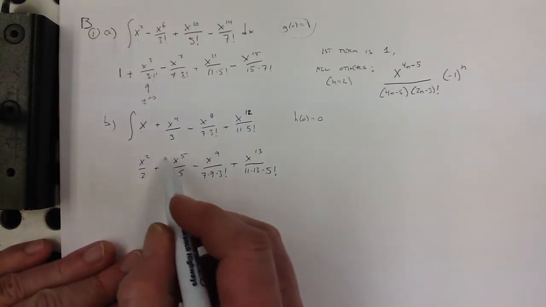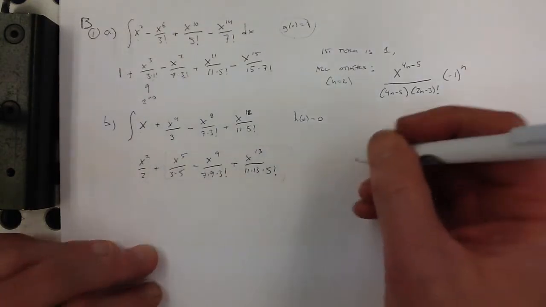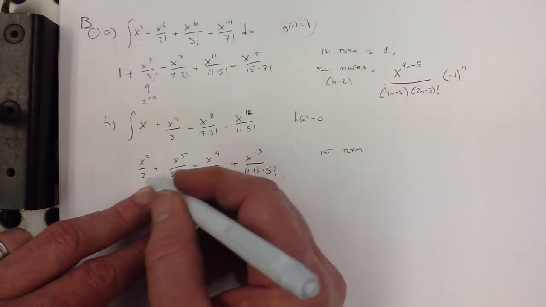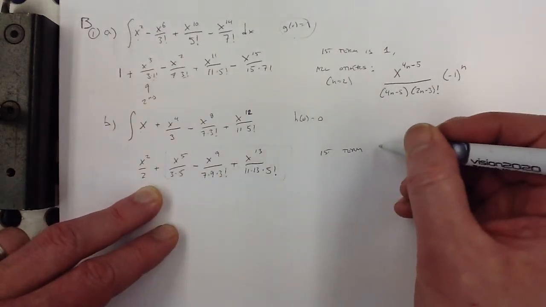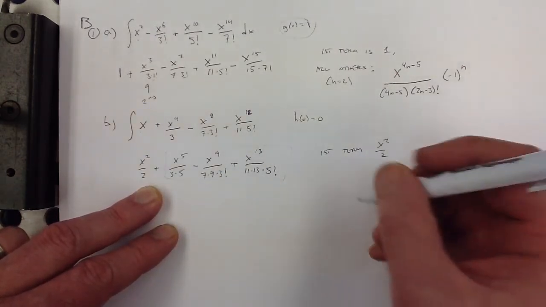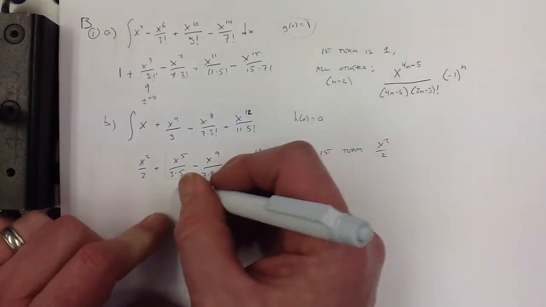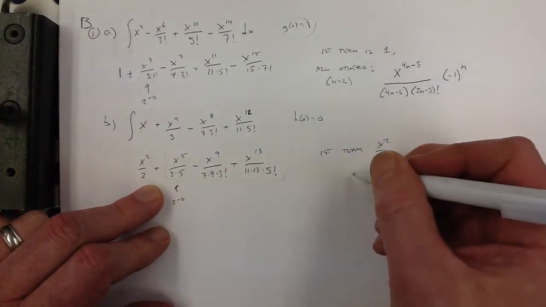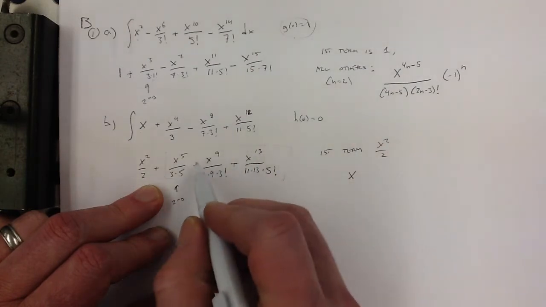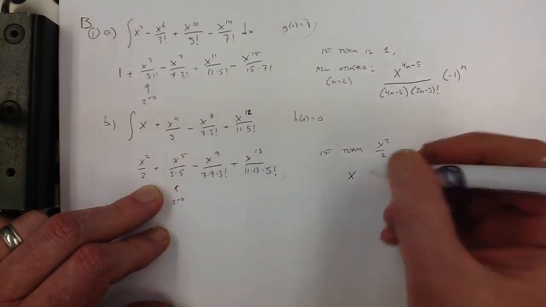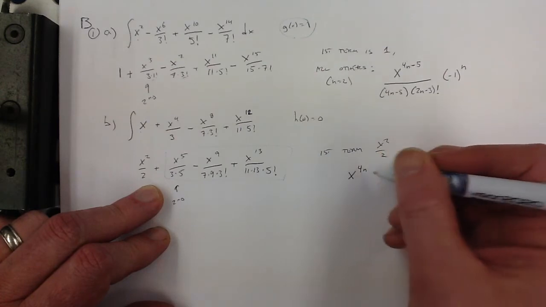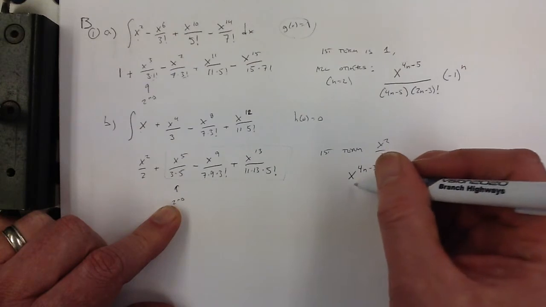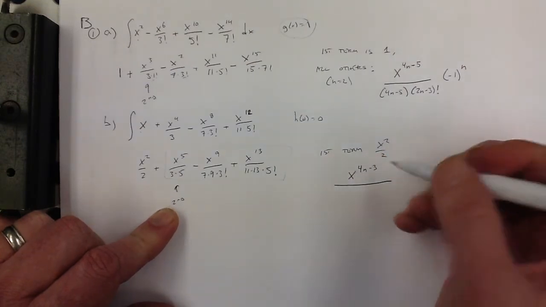So again, you have to treat these as separate. The first term came from somewhere else, didn't come from the same recipe. The first term is x squared over 2. And then the rest of the terms, we'll call this the second term. Let's see. I have x to the, these are going up by 4s again, so that's 4n, and then if I plug 2 into that, this time 4n minus 3 is going to get the job done, over,